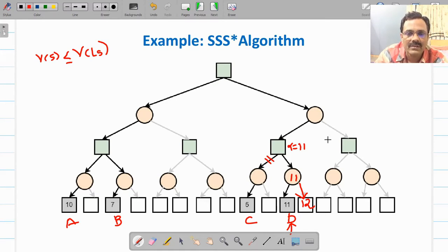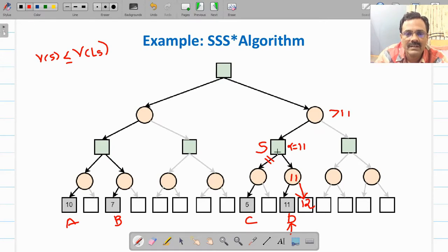So now you will work on this right hand side part, so that this will become solved. Now this node is solved, right? And the value of this node, now this is minimum. If it gets less than 11, then and only then it will accept that, otherwise it will not accept that, because it's a minimum node.